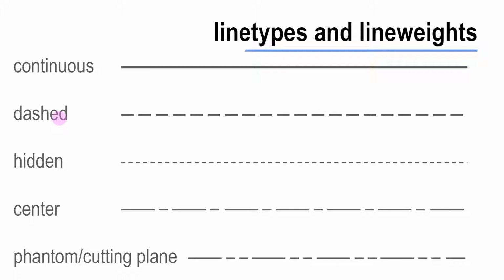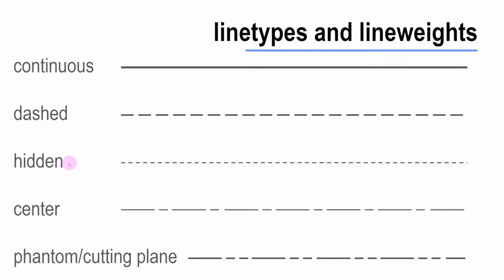So if I'm looking at my floor plan from above, I can't see features in the foundation, such as footings and things like that. Those would be represented with a dashed line, which again shows features that are below our current view, but it's a little bit of a longer